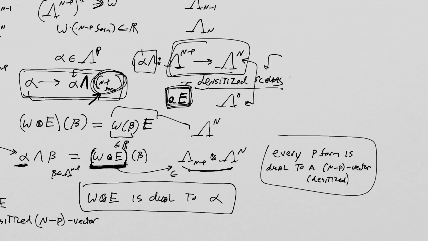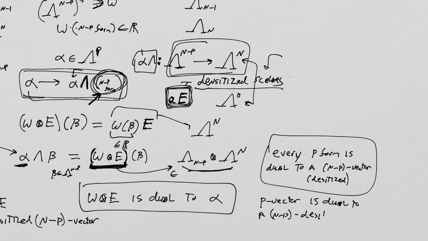So that is the last form of duality we're going to talk about. Every p form is dual to an n minus p vector densitized. And of course, it goes the other way around. Every p vector is dual to an n minus p,